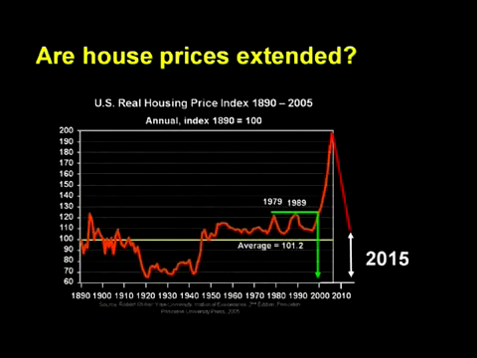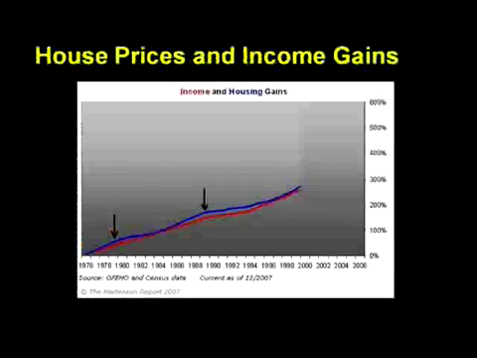The other way we could look at this is in terms of affordability. Again, over the long haul, it is impossible for median house prices to rise faster than median incomes. Why? Because the amount that people can afford to pay sets a limit on house prices. Here's a chart I put together that compares median incomes to median house prices. The bubbles of 1979 and 1989 are not very dramatic on this graph, but there they are, marked by the black arrows. The fact that median incomes did not deviate very far from those prior bubbly house prices helped to limit the impact of the bursting of those bubbles, painful though they were, because incomes and house prices did not have to travel very far to once again meet up.